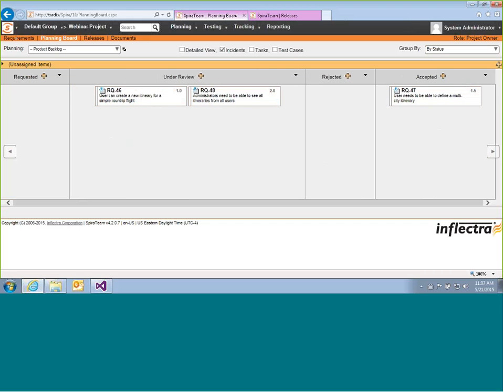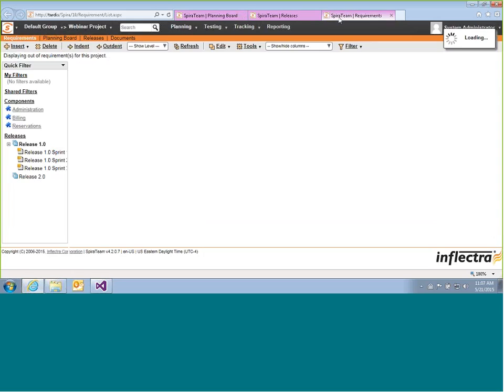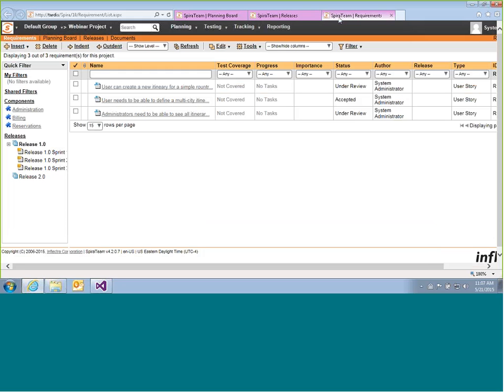Okay, great. Now, in terms of the package view, that view lets you see the requirements organized by their parent requirement. And so one of the things about SpiraTeam is that you've always got the regular requirements view as well. And right now, all of our requirements are actually in this flat hierarchy. So if I do the package view, it's not going to show me anything useful. So what I might want to do is create a parent requirement